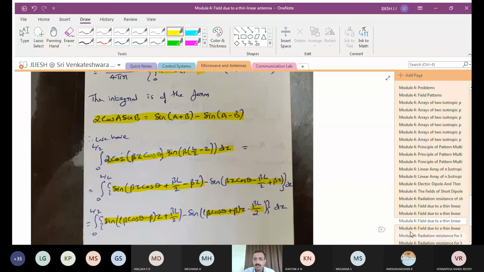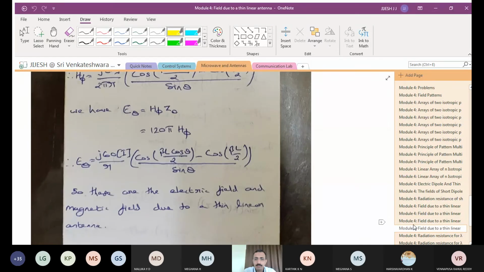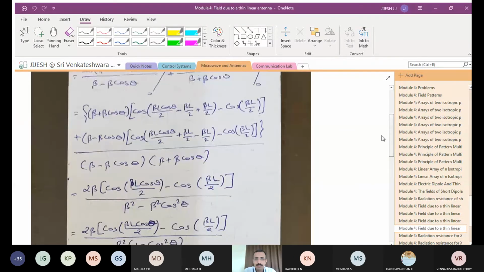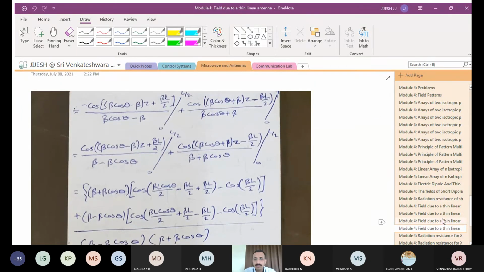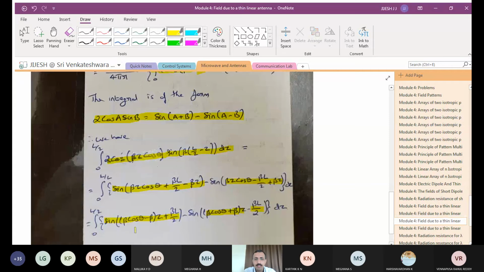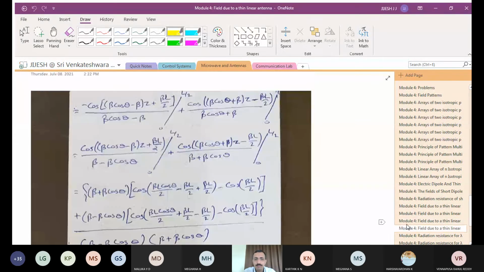So all of you have completed till here? Yes, sir. It's clear for you, right? Yes, sir. Okay, so continue that by integration of this term. When you do the integration, what was the term there? Here it was integral of sine. So here also sine. So you need to integrate that, integral of sine.